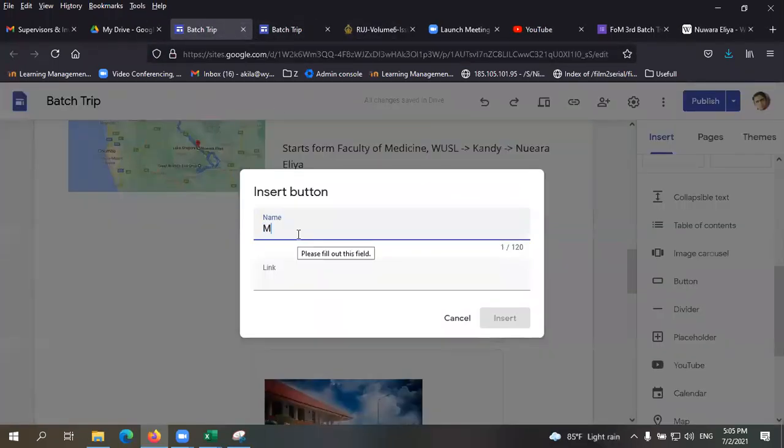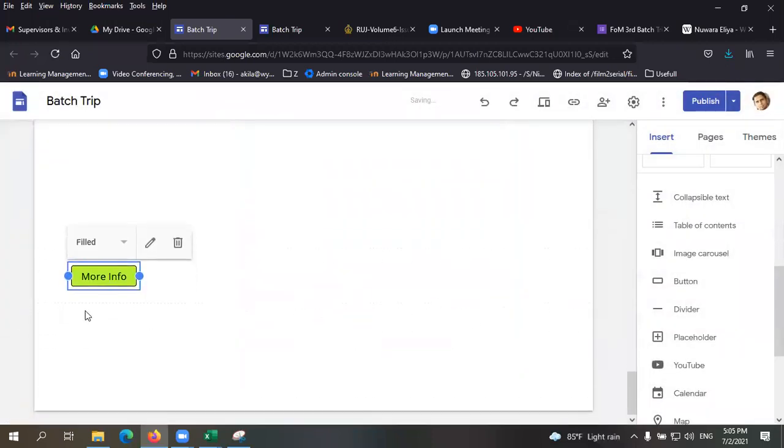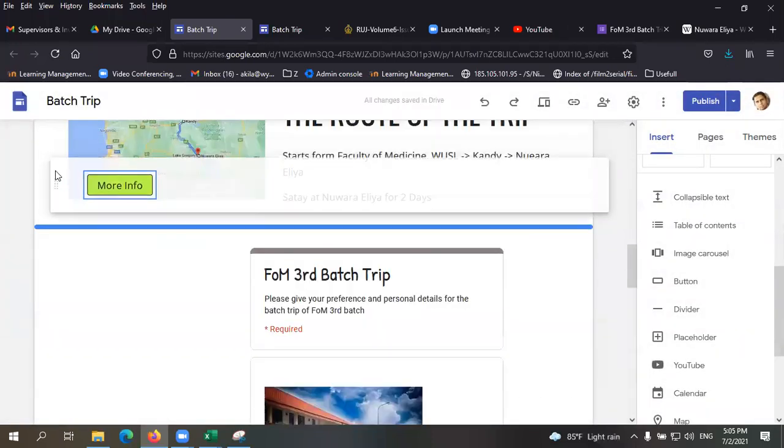We can add a button, more info. And you can paste the URL here. Insert. So the button will be there, and you can move that up.